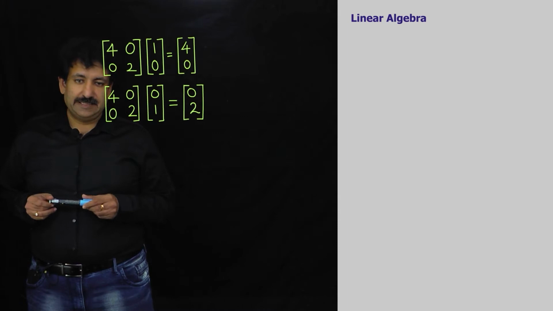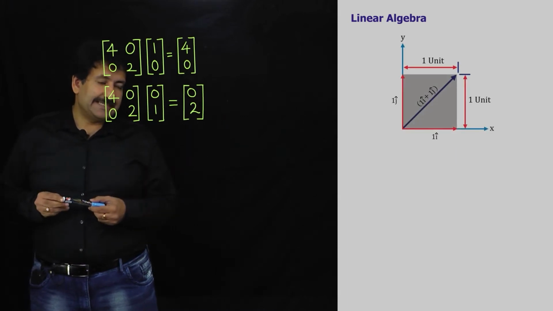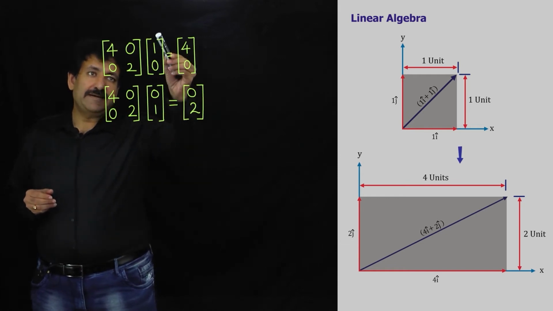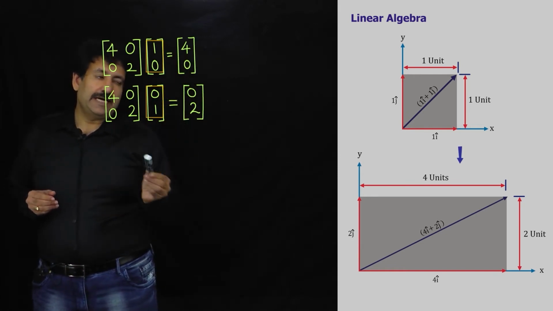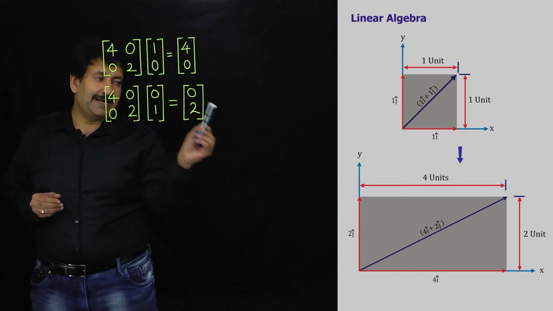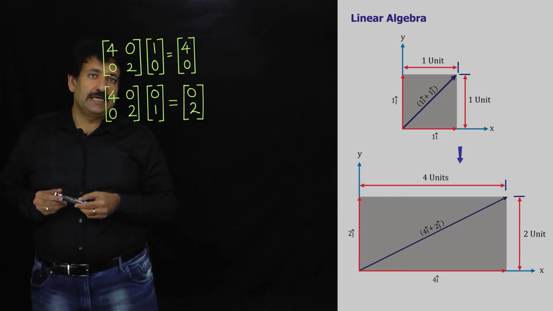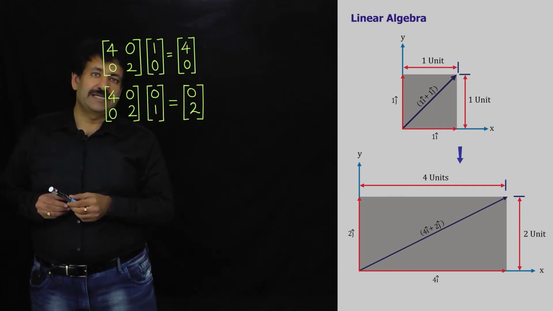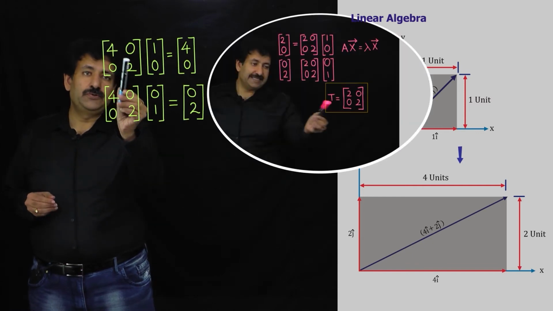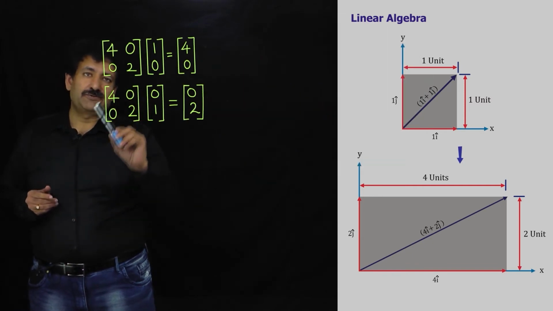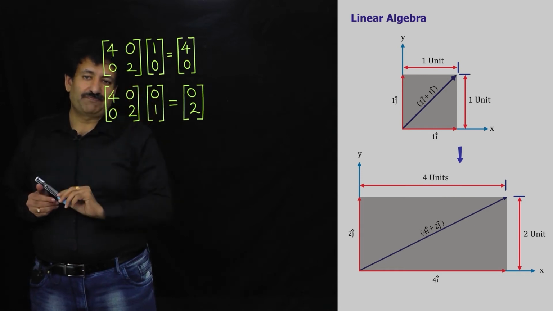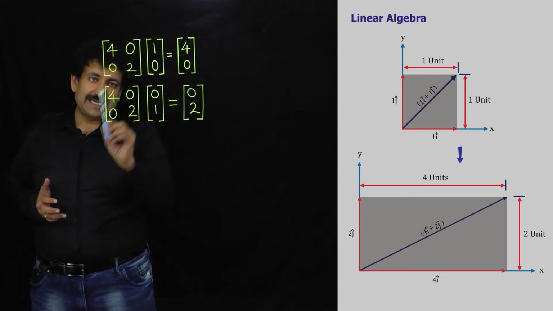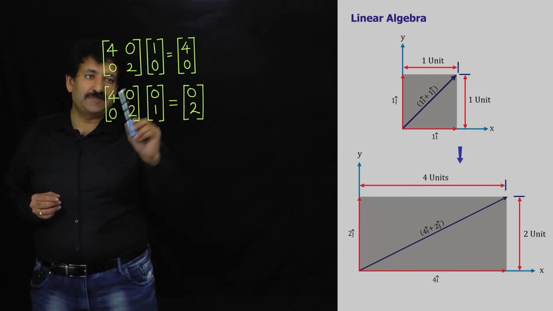Now let's transform the unit square space into a rectangular space, and I would consider the same set of vectors 1, 0 along the x-axis and 0, 1 along the y-axis. Now the only difference is the transformation matrix that I have chosen is different. Earlier it was 2, 2, 0, 0. Here I have chosen 4, 2, 0, 0. So this is the only difference, and you can see that when this transformation matrix operates upon this particular vector,